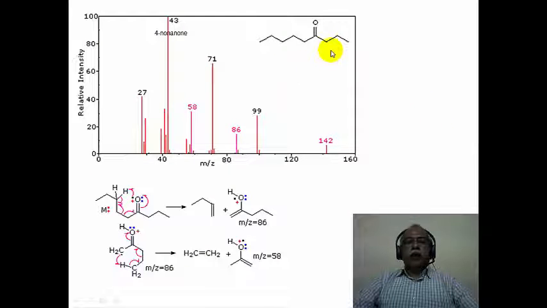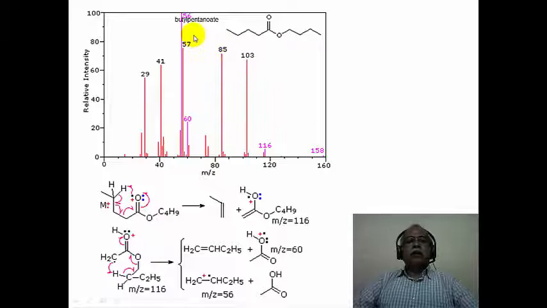This is 4-nonanone. This is a linear ketone. This undergoes the McLafferty rearrangement quite readily to give this particular fragment at 86. The McLafferty rearrangement, essentially loss of the alpha fragmentation, results in the formation of this particular fragment, which is at 86. So you see 86 and the 58 fragment as the prominent fragment in this case, which is the neutral molecule elimination from the 142. And subsequent simple fragmentation produces all these odd mass number units.